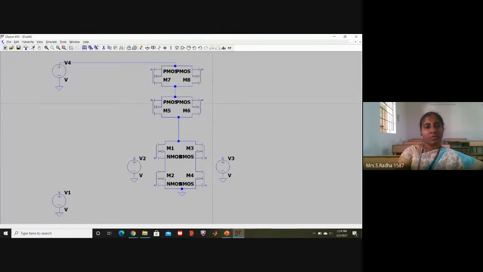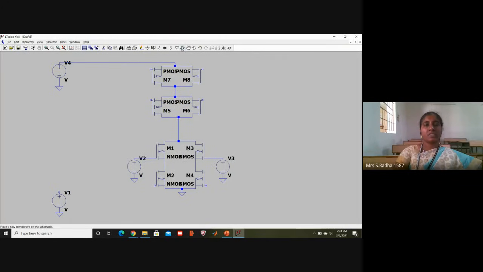Now I will go with connecting the inputs. This is D0, this is D1, and on the left side, this is the S selection line.